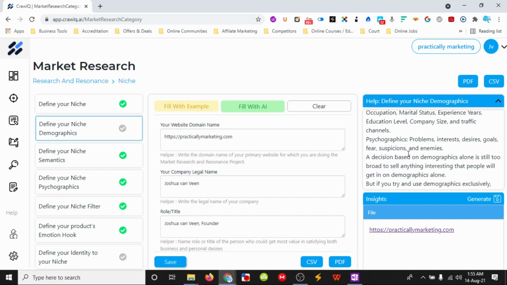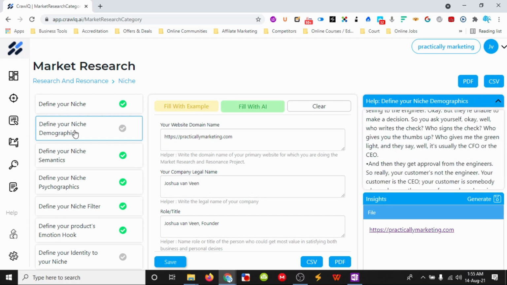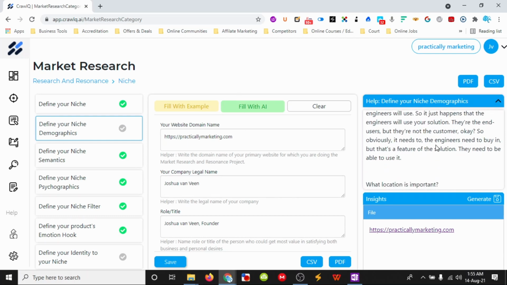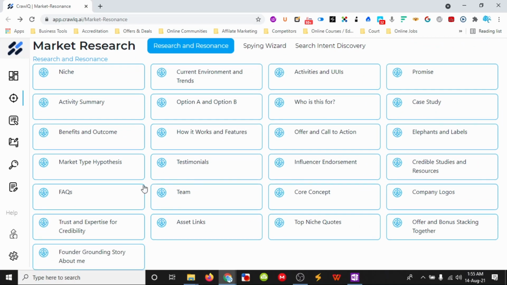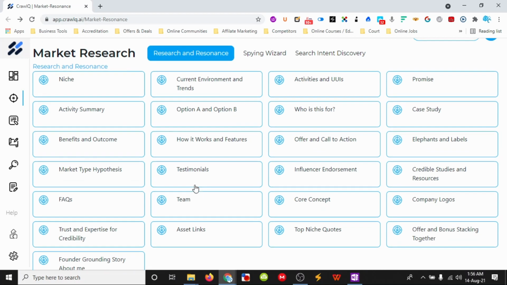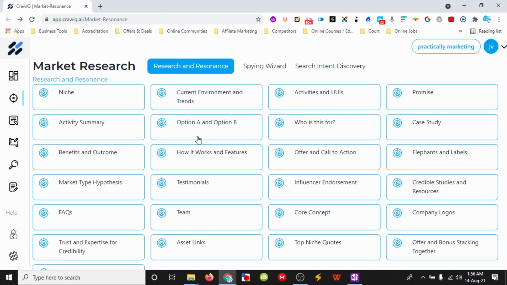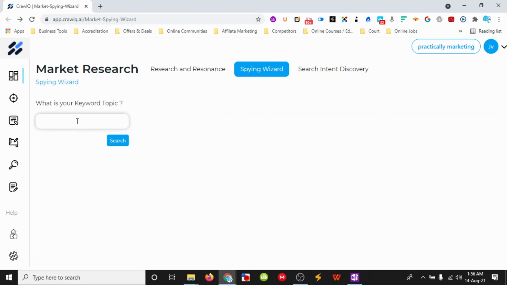We have notes up here that go into detail telling us why this is important, why we use this, and why it's asking for this information, and it does that pretty comprehensively. This is the same as you would get in other sales copy tools. You need to know who you're selling to be able to speak to that person. This is a basic fundamental framework for all good sales copy tools. So this is a good sales copy tool with the added benefit of, then if we're not sure, we can